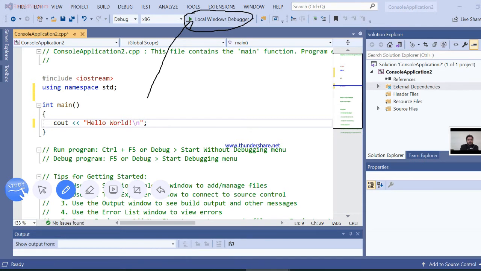You just need to click on this button and you will see that your program will be compiled and that file will be converted into the exe file as well. So let's begin the compilation by clicking this button.